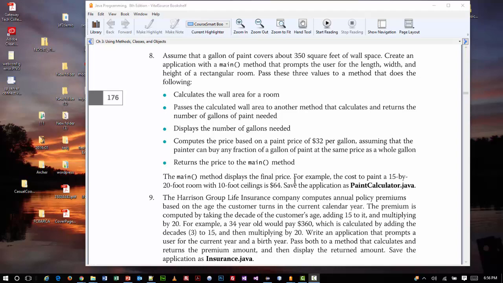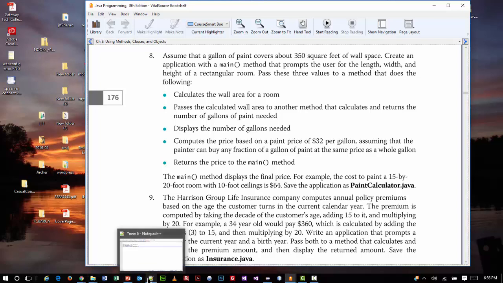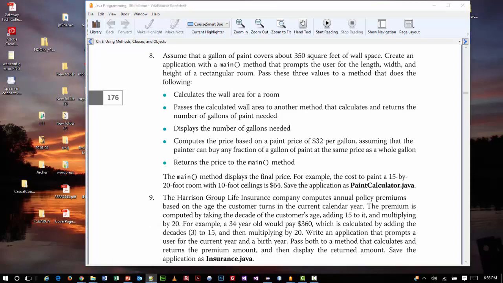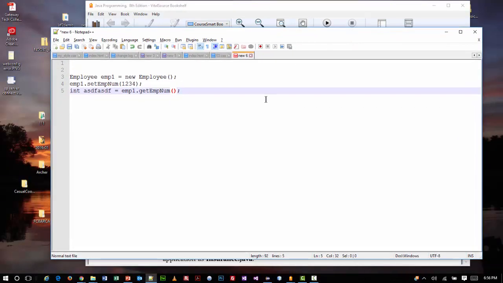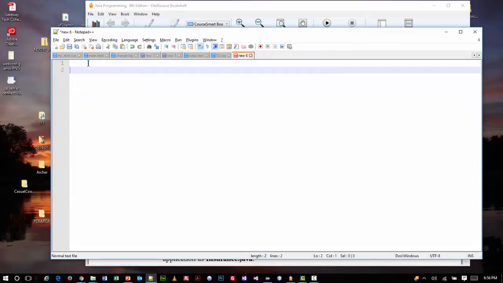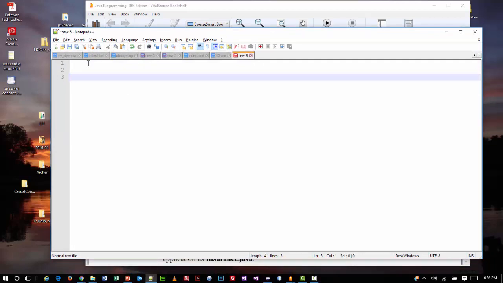Okay? So if we were to figure out the calculations for that, and this is what you guys should be doing, you should be working out your math first. You should be figuring out that process before you start to write code. So I'm going to bring my little text editor over here, just a little scratch pad basically. And so we've got a room with 4 sides, and we assume that it's rectangular and that opposing, or not adjacent, opposing, opposite walls have the same dimensions. So we would have basically